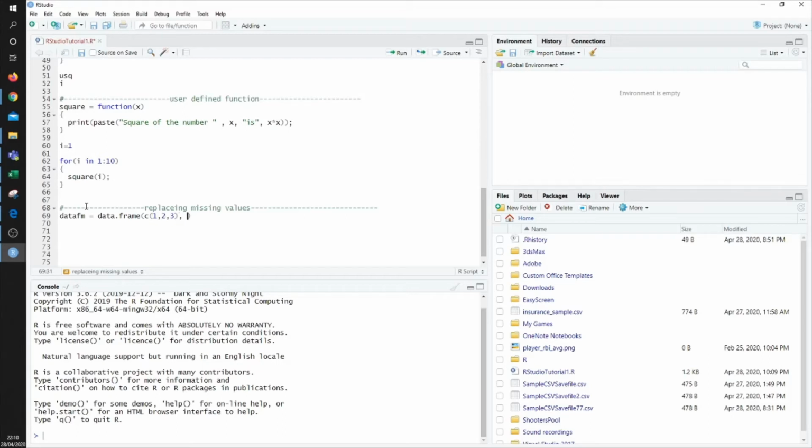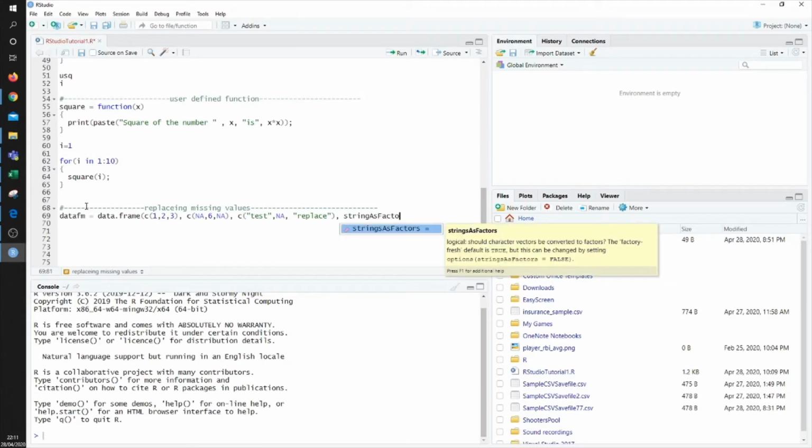The second one is we're going to put NA, 6, NA, and then in the third one we'll put "test" inside speech marks, the string, we'll put NA, and we'll put "replace" inside a string as well. Okay, and then we'll do strings as